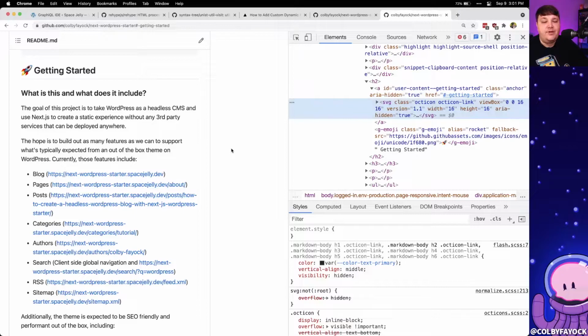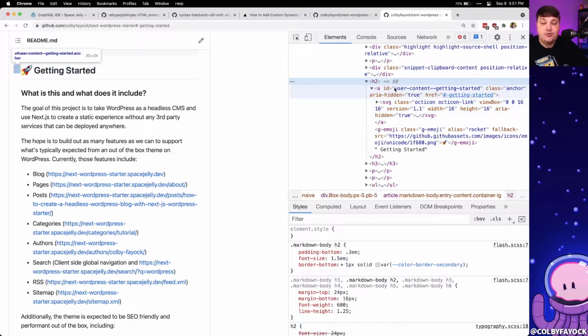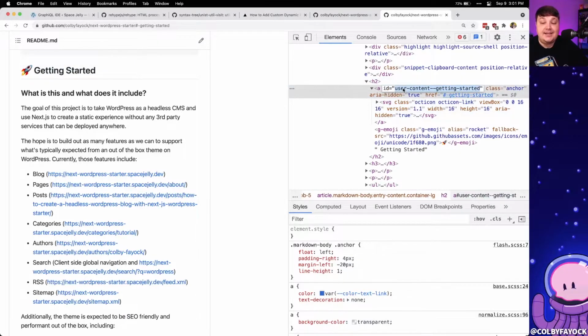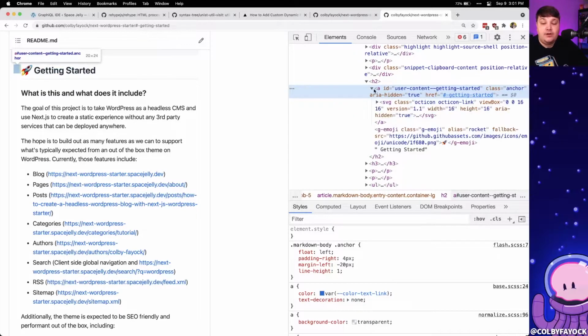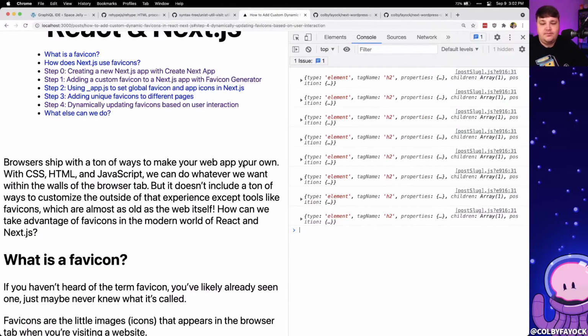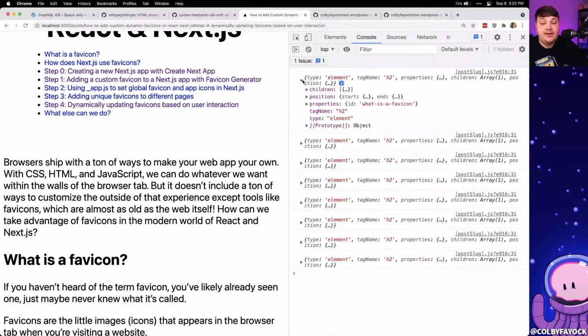But if we inspect how GitHub's actually doing this, we can look through and we find our H2 where we can see that it's generating an ID similar to how we're generating an ID, but it's adding this anchor tag right to the beginning of that element node where it's going to allow us to hover over and actually click on that link. Now, looking back at our blog for a second,